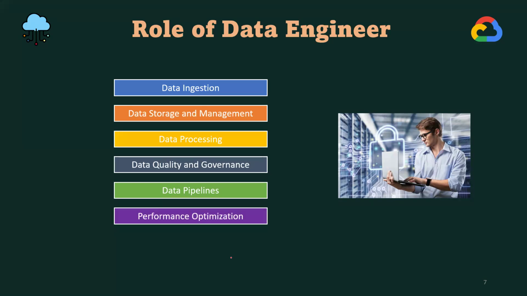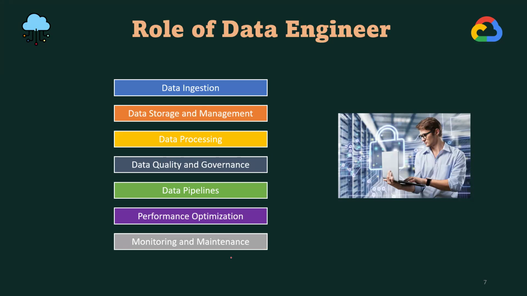And one of the important aspects for every project, every pipeline, every code is performance optimization. Nothing but your code or a tool or a pipeline should be working in an optimized fashion. If it is not, you have to take care of the performance optimization, which we are going to see in our upcoming session, which is a very, very important topic.